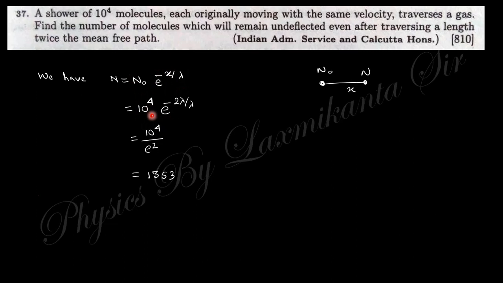Just put in the value n0 equals 10 to the power 4, and x is twice the mean free path. So lambda is the mean free path and x is twice the mean free path. So e to the power of minus 2, you will get 1353. Here the options say 8 1 10, but I think this will be the answer. Next one,